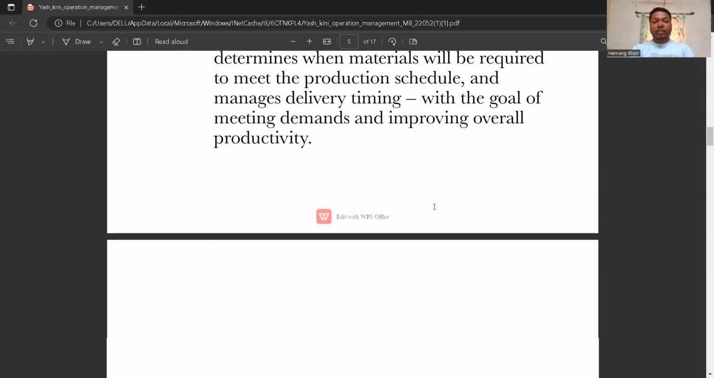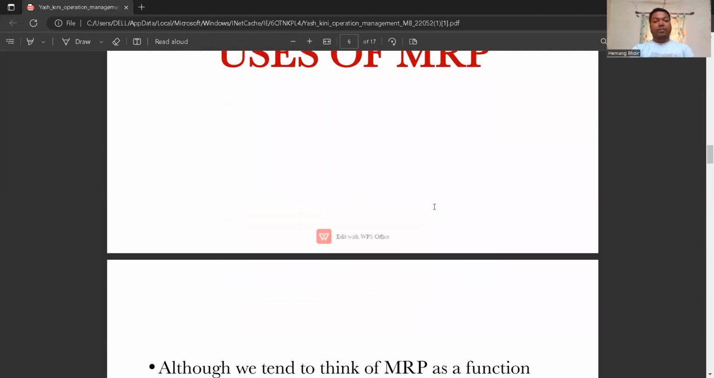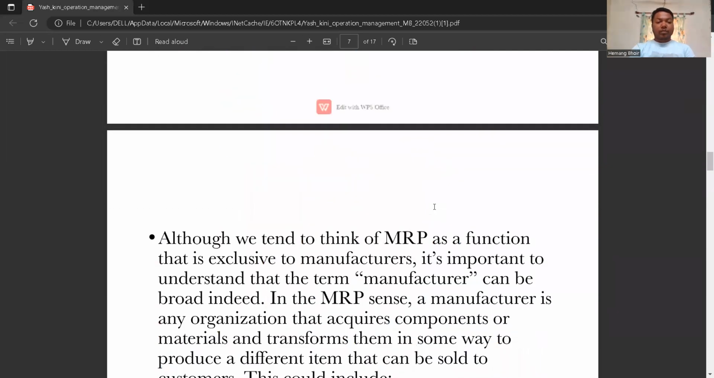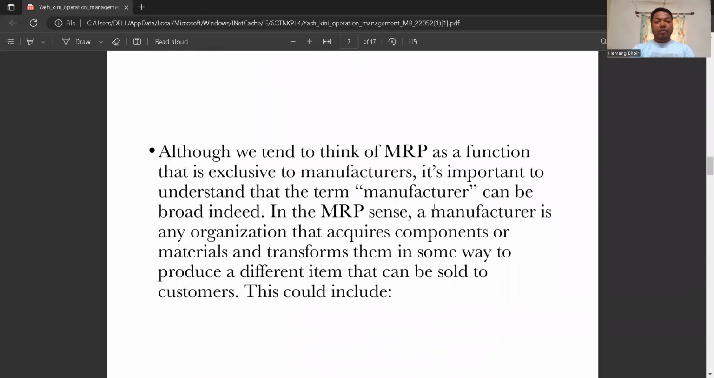So after that introduction, we can see here the uses of MRP. Although we tend to think of MRP as a function exclusive to manufacturers, it is important to understand that the term manufacturer can be broad. In the MRP sense, a manufacturer is any organization that acquires components or material and transforms them to produce a different item that can be sold to customers. This could include: